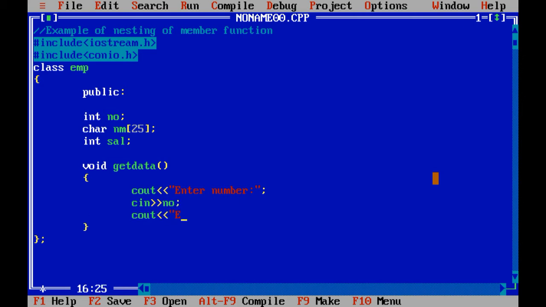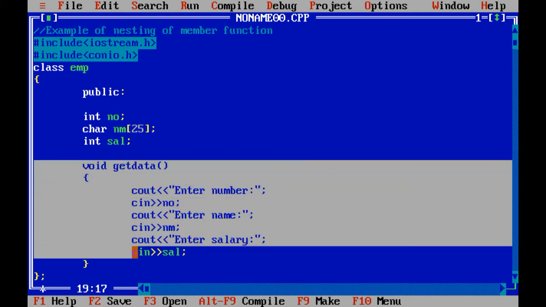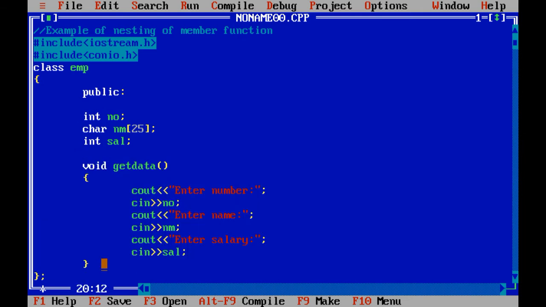Similarly cout enter name, cin name, again cout enter salary and cin salary. So using getData we are going to fetch the values from the user.